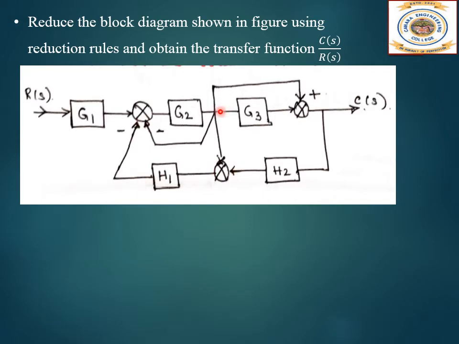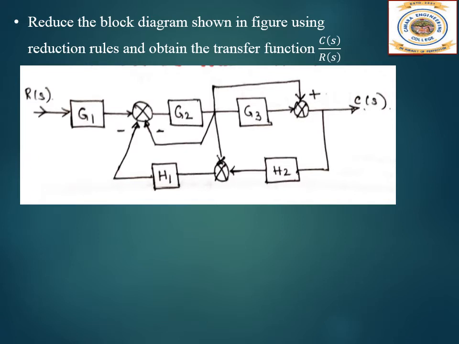And see, we have one more input over here at the summation point. It starts from this takeoff point, comes to the summation point, then it comes to H1 and back to this one. So this is another path from this summation point, H1. So we have two feedback paths, one is H1 H2 from this summation point, and another one is between G2 and G3, this summation point with the H1. So now we know how to solve the block diagram. Now we'll do a step by step solution of this block diagram.